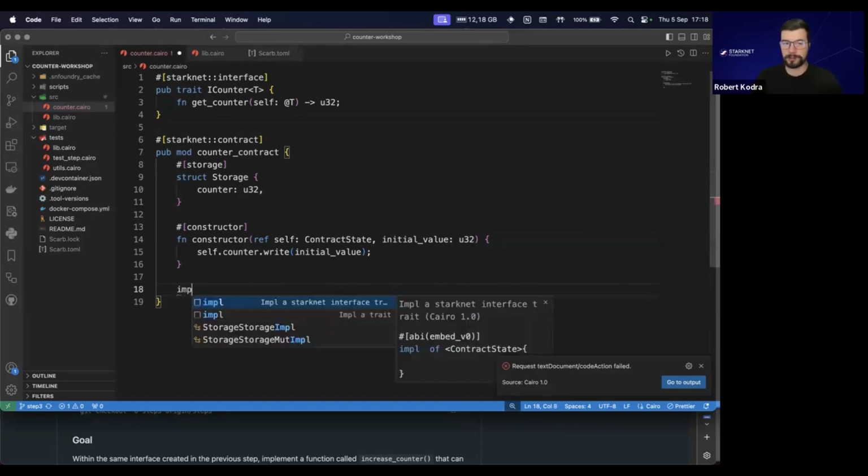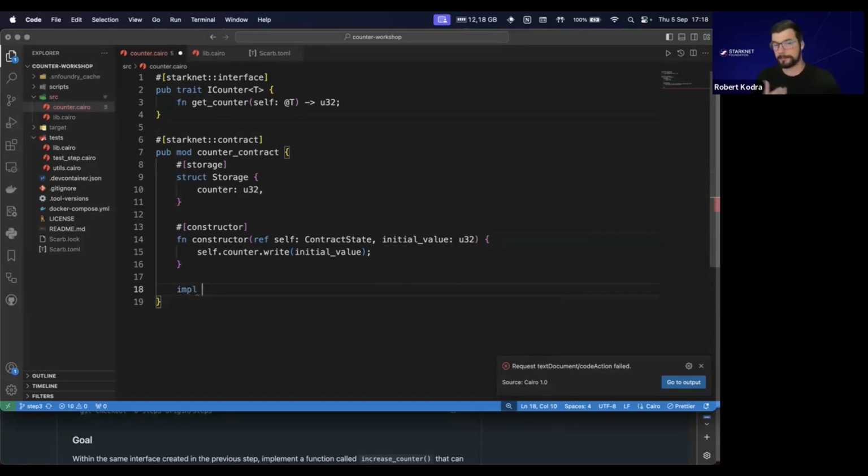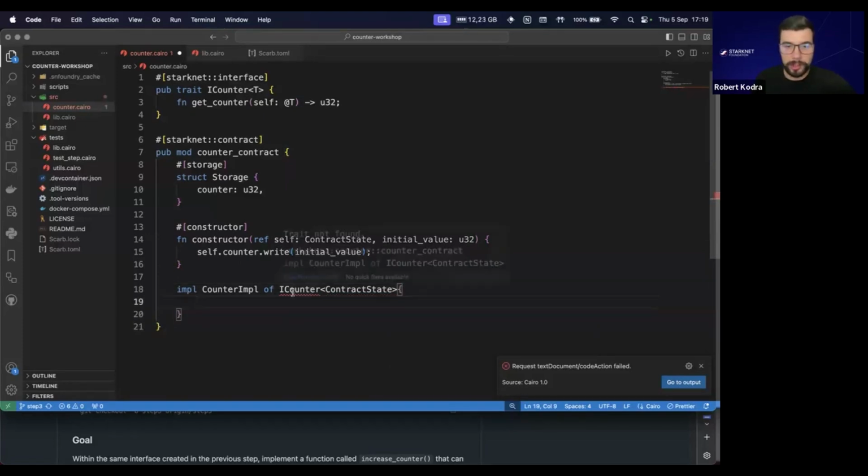So the implementation block, you can call impl, and then you name the implementation block. For us, we'll say CounterImpl, and then we have to state the interface that we're using. So of, and then we'll be using the ICounter that we created here. To use that, I can say ICounter, and then inside here, I'm going to pass the actual contract state,